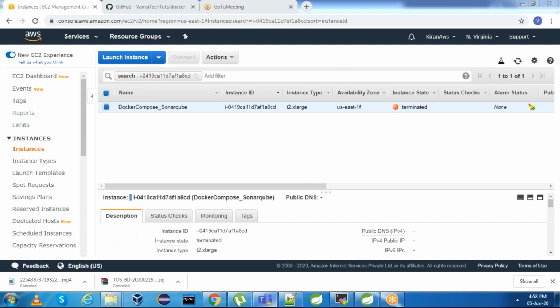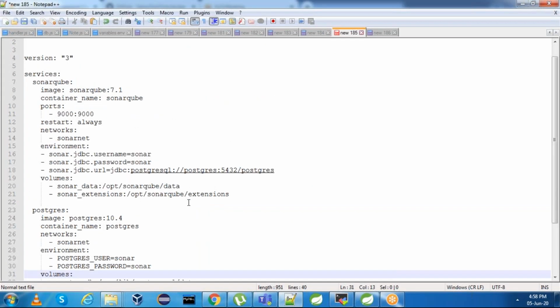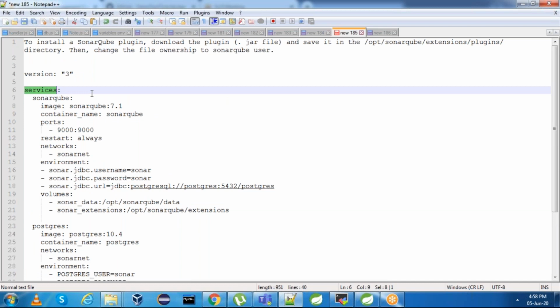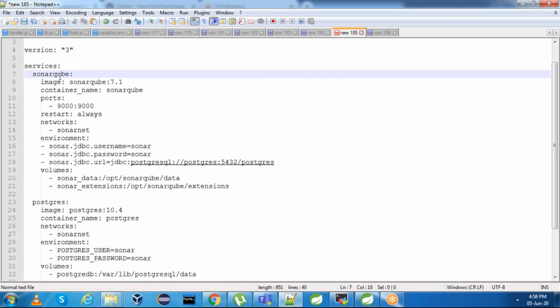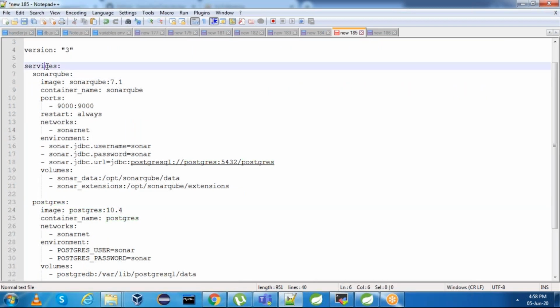Now, in Docker Compose also, we need to write a YAML file which has SonarQube service and Postgres service. And SonarQube service will depend on Postgres service. If you see the YAML file which I have with me, we have two services. One service is SonarQube, another service is Postgres. SonarQube service has image SonarQube 7.1, container name is SonarQube, ports I'm doing port forwarding 9000, and network Sonar network,